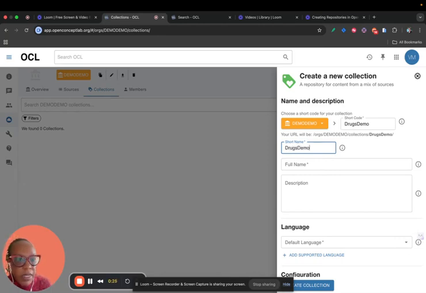Drugs demo again. And the full name, I could say that this is basic drug list or just drug list. You can use the word demo. And again, you can give a description here, a starter pack for